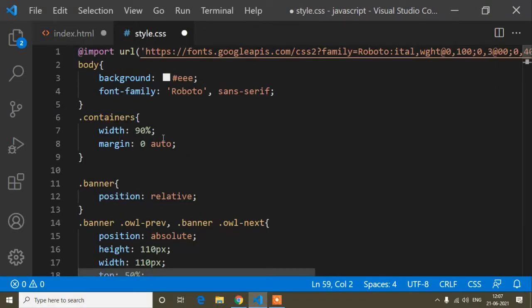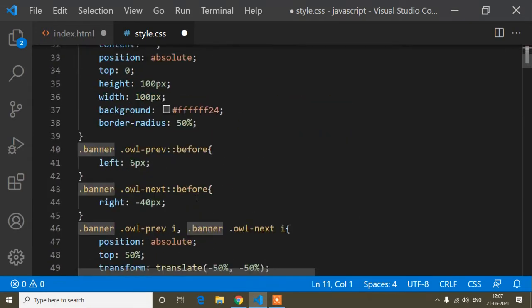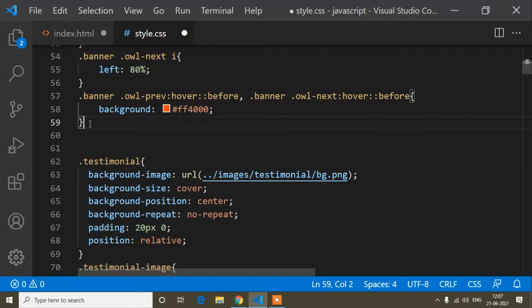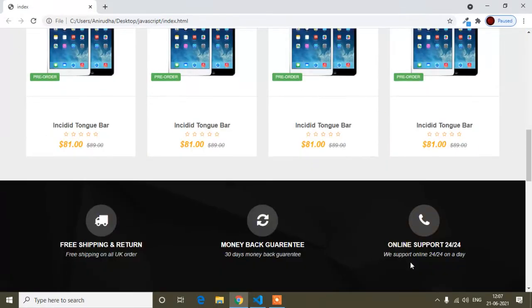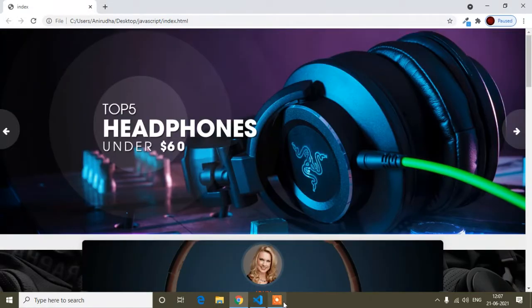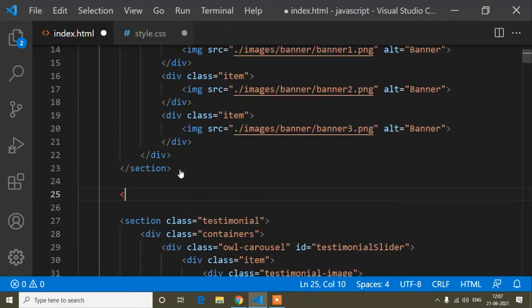And if I go to css, the banner code starts from here and ends here. So I will write the css code from here, because the best selling product design is just below this banner. Okay, so I hope it's clear. If you want to add this design, I'll provide the link in the playlist, so from there you can add the design. So don't be confused here.